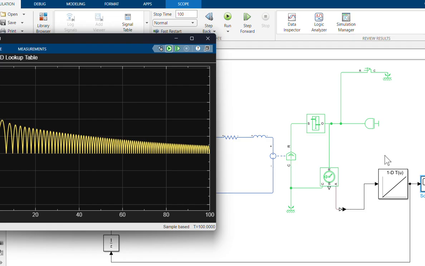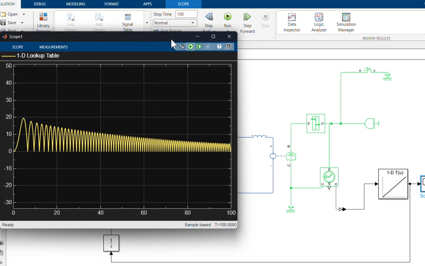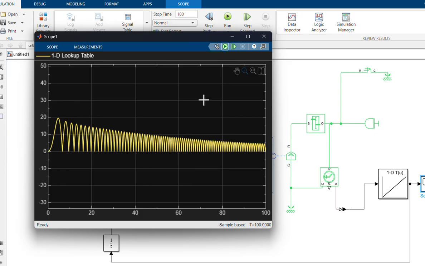We misadjusted this lookup table properly. What's the meaning of it? It converts this position of the degree, it can be 2070 or maybe 3060, to the scope of 0 to 50.